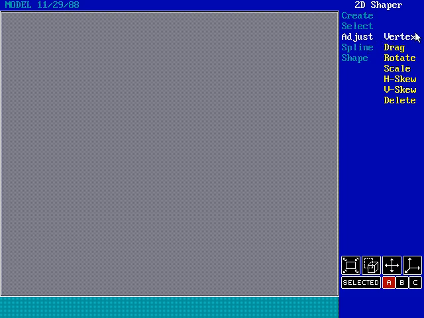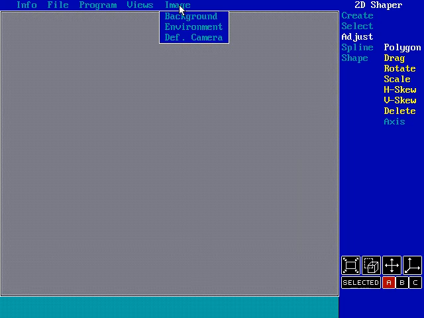You notice as I click on vertex, it gave the options that are available for it. If I right click, it would go back to the adjust options. You can go to polygon and give those. In this particular case, it would leave the selection where it was and drop the options, the control, the commands basically below it. We also had a version in here